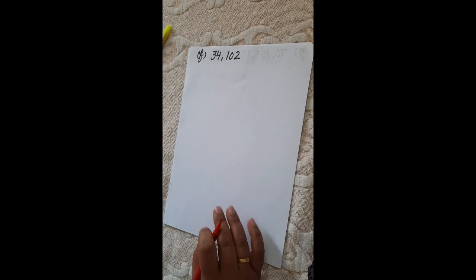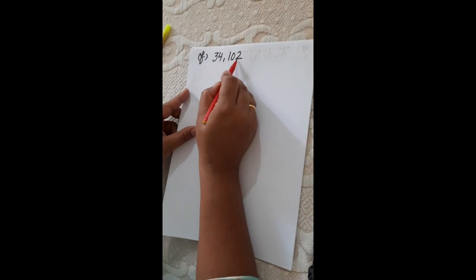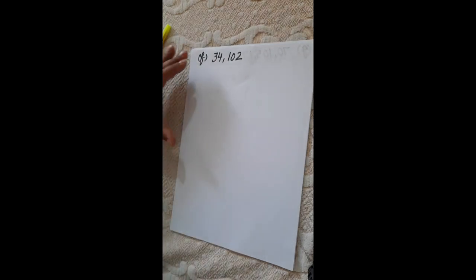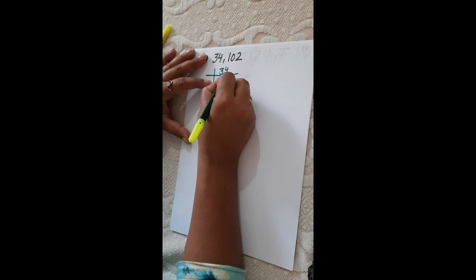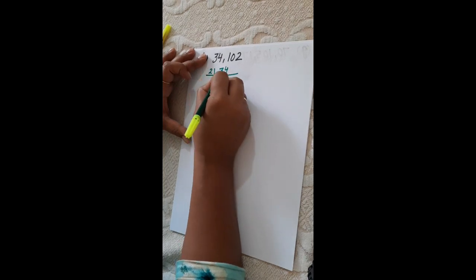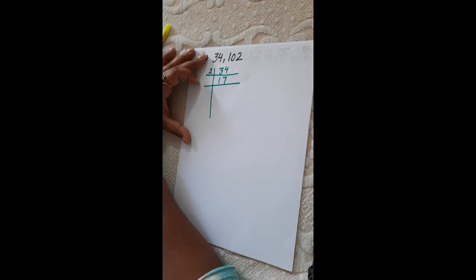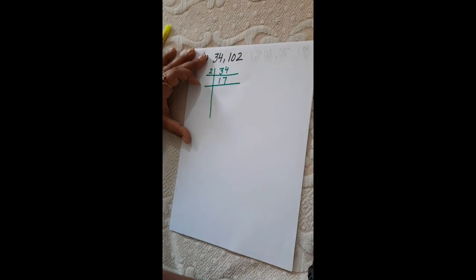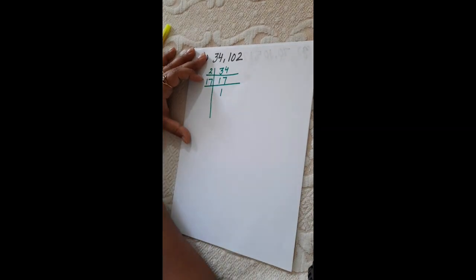So again continue with F part, that is 34 and 102. So let's start with 34. Here the last digit is 4, so it is a multiple of 2 or divisible by 2. When you divide 34 by 2, you will get 17. And we know that 17 is a prime number. We also discussed such kind of topics in the earlier videos. 17 is a prime number which is a multiple of 17 itself.